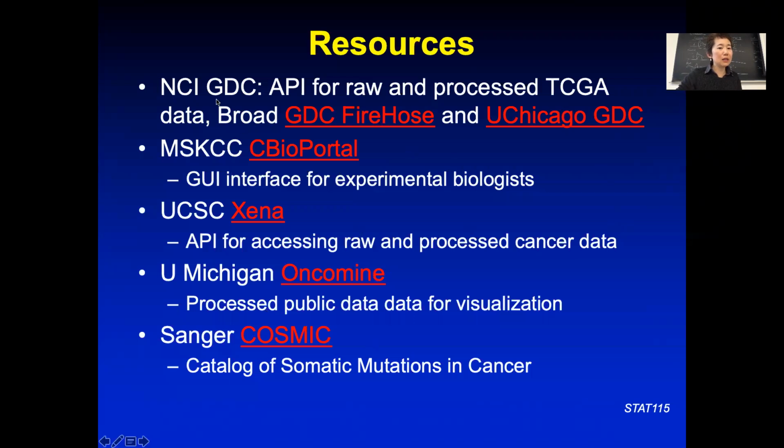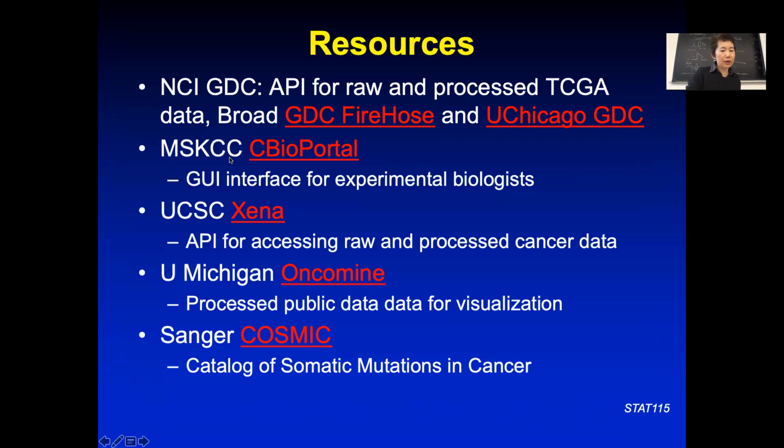We mentioned the TCGA has profiled 10,000 tumors, and there are places where you can either download the raw data or the processed data. You can also write a program to interact with the data source. These are called the Genomic Data Commons, and Broad Institute and University of Chicago both have a Genomic Data Commons for the TCGA data. And these processed data are still in big text file format,